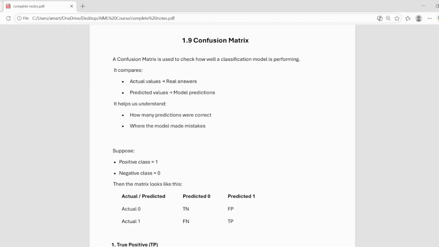Today we will discuss the confusion matrix. So what is a confusion matrix? A confusion matrix is used to check how well a classification model is performing. It compares the actual values, the real answers, with the outputs we are getting from our model's predictions, the predicted values. It helps us understand how many predictions were correct and where the model made